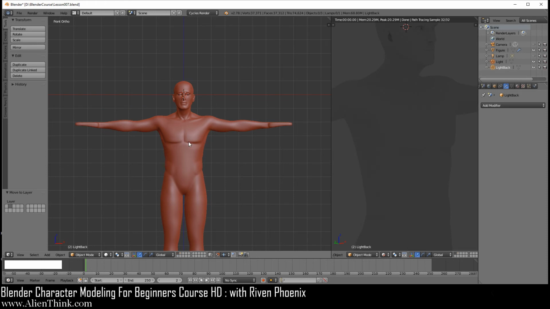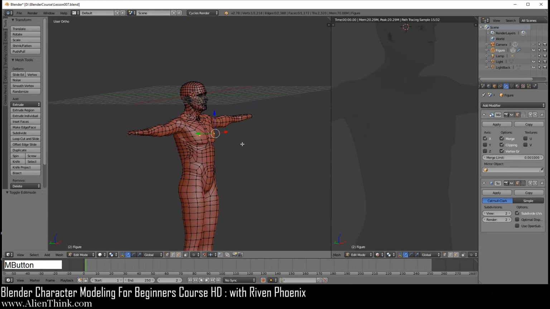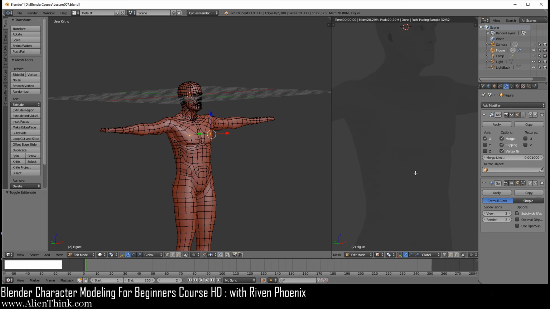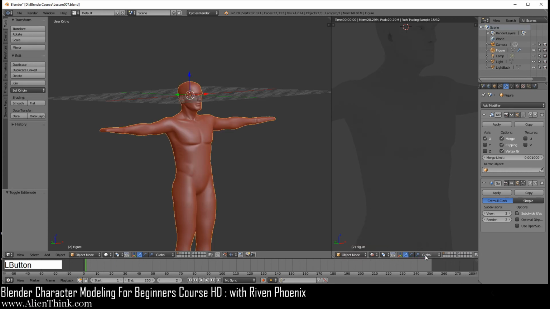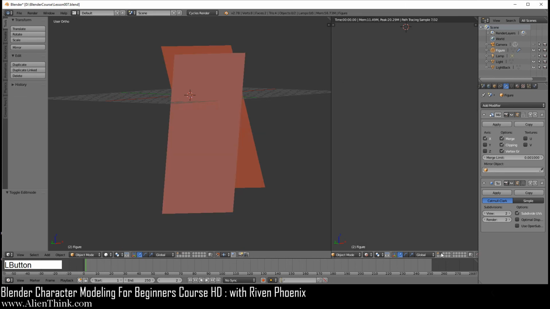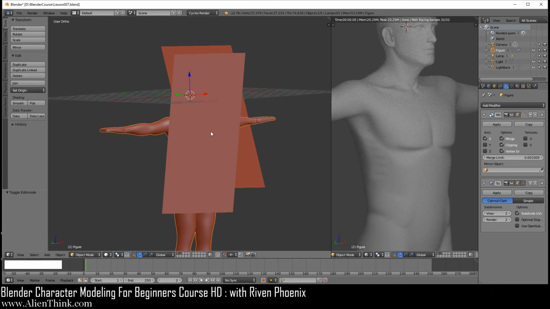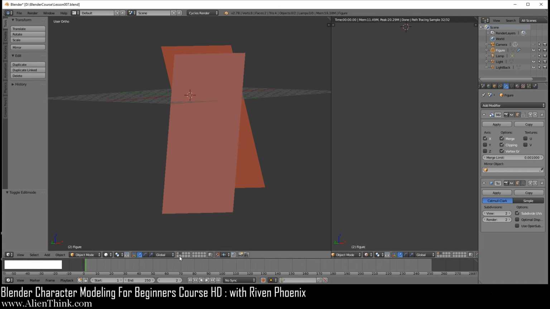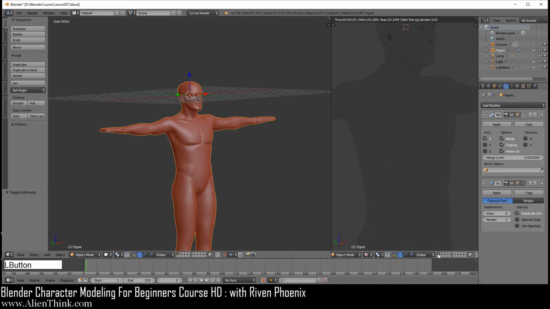So you can see now I can edit over here, right click this one, but over here it's not highlighted anymore. And the reason for this is if you go into object mode, you can see that the layers over here show that our object is now on this layer. So if I shift and click on this, you can see that everything is highlighted, but they also appear over here. So you'll see that whatever I do over here, I also get this behavior on both windows.